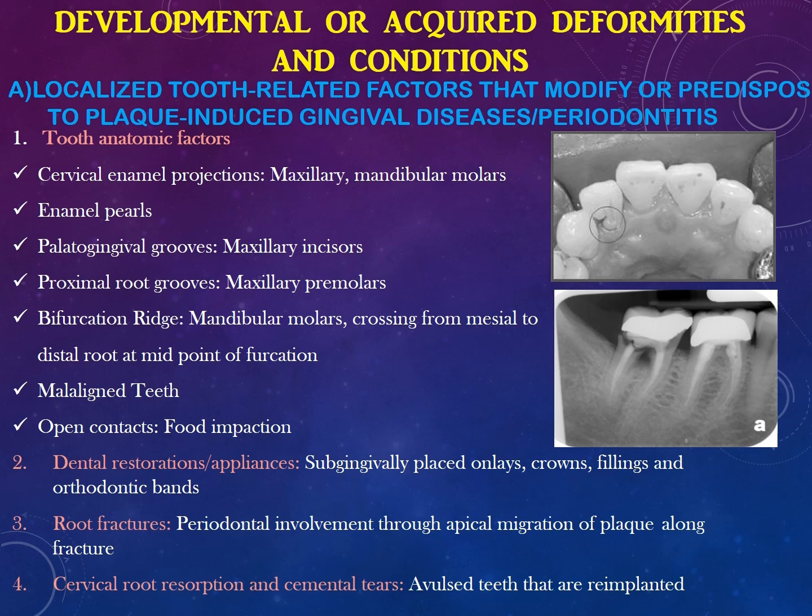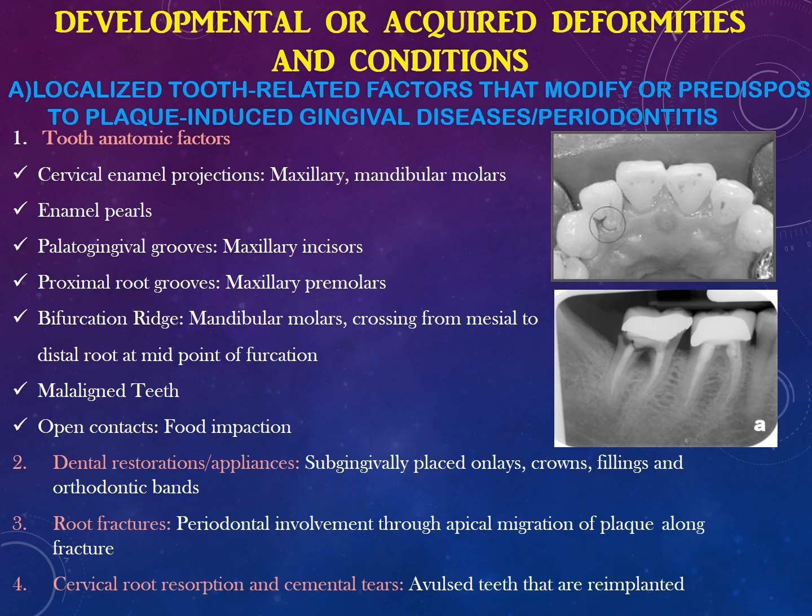found in maxillary and mandibular molars, enamel pearls, palatogingival grooves, which are predominantly found in maxillary incisors, proximal root grooves, which are predominantly found in the maxillary premolars, bifurcation ridge present in the mandibular molars crossing from the mesial to the distal root at the midpoint of the furcation, malaligned teeth, and open contacts which favor food impaction, thereby leading